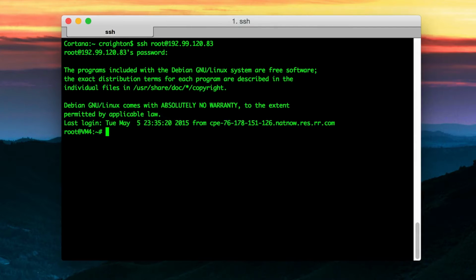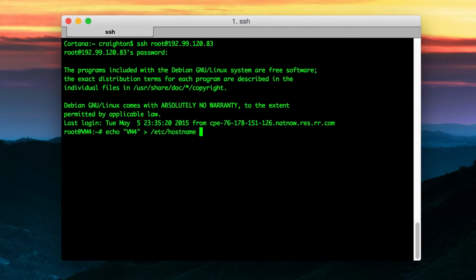So the first thing we want to do within getting started is to set up a host name. This host name will allow us to easily identify the server, as well as allow us to set up a fully qualified domain name to be used with web services if that's what we plan to do. So we're going to echo out the name of the server, and this can be anything. I'm just going to call it VM4 because this is the fourth VM that I have set up on this server. So it's going to be VM4, and we're going to pipe that into